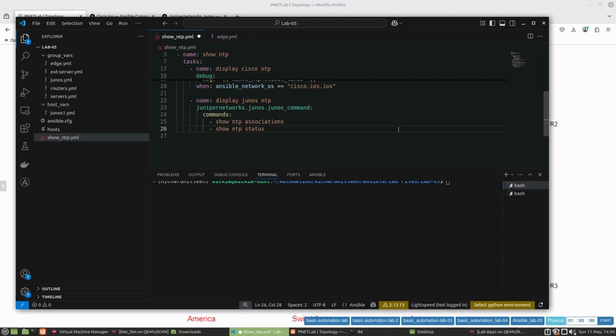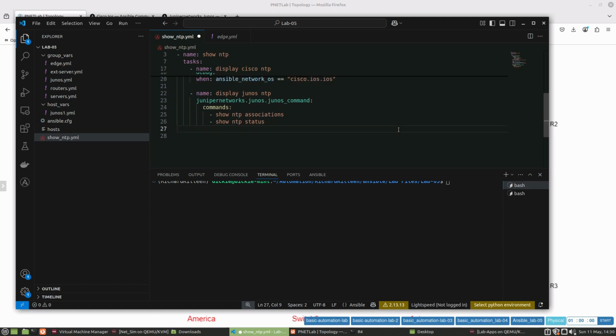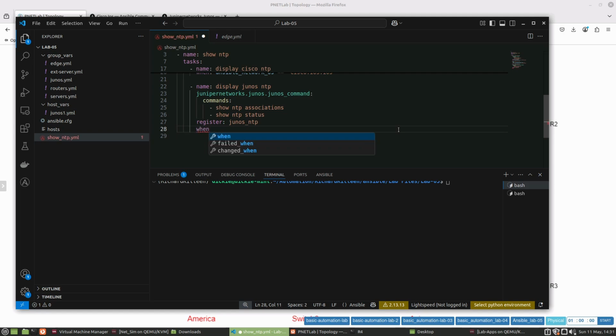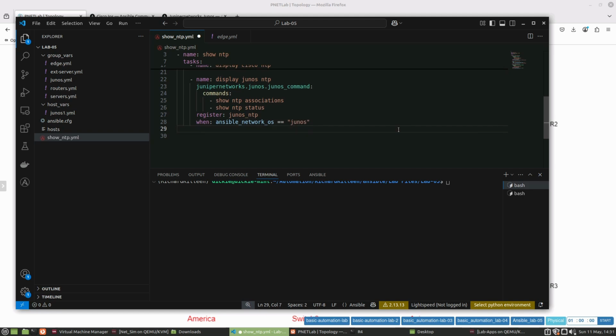Okay, that's fantastic. Now let's register this, and let's have the register output as, let's say, Junos_NTP. And now we need to do our when statement on this as well. So when Ansible network OS equals Junos. Okay, that is done. So now we need to do our last task on this, which is just to display